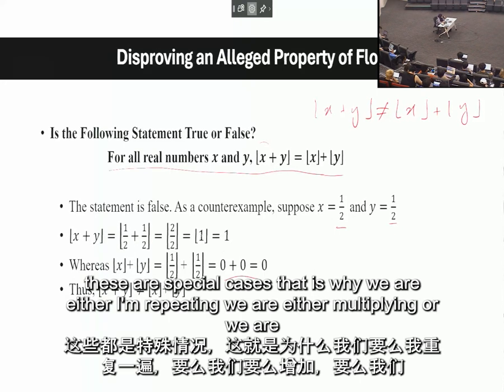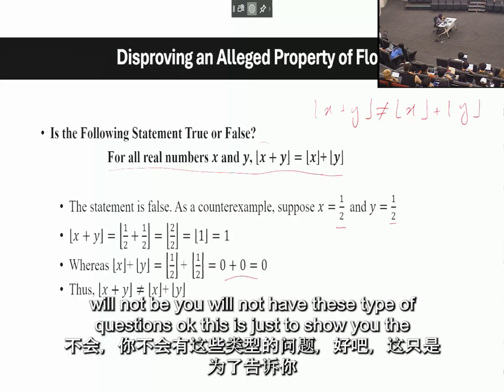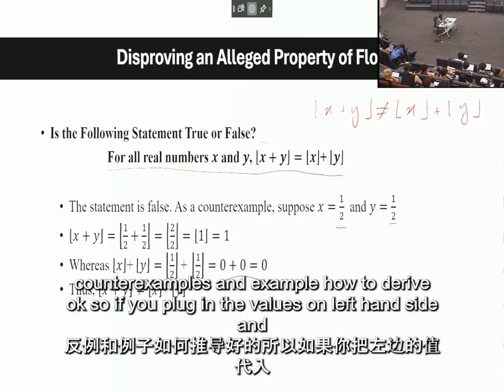These are special cases. That is why we are either multiplying or plugging in some specific values of real numbers. But from the exams point of view, you will not have these types of questions. This is just to show you the counterexamples and how to derive. So if we plug in the values on the left hand side and right hand side,